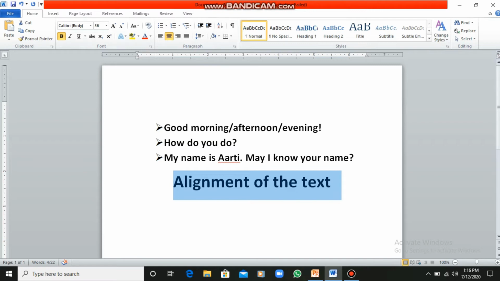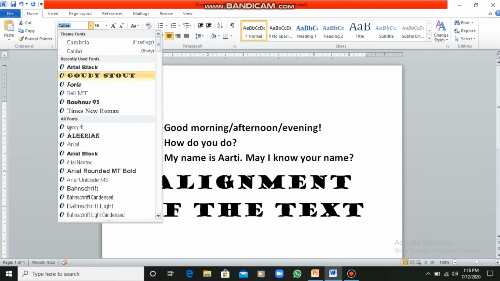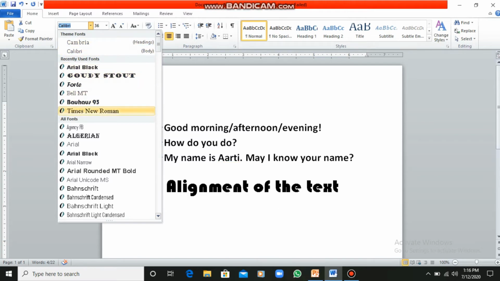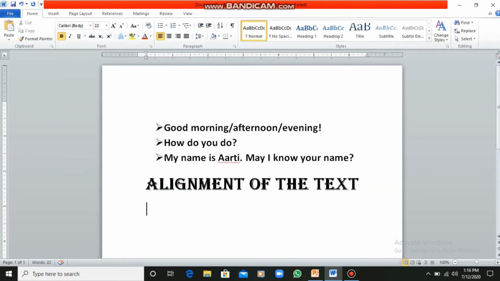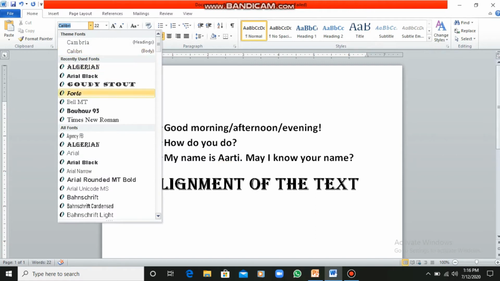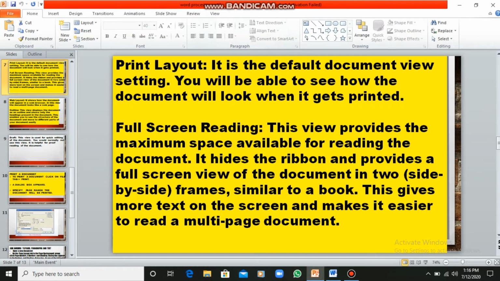Now, there are multiple features of MS Word. Now I'll tell you how you can format the font styles. These are the font styles which are available. We can choose any font style like Times New Roman, Calibri, Cambria, Algerian, Arial Black, and we can apply this font style onto our text which we have written. Just beside the font style, a font size option is also available. By selecting our text and clicking on any of the font styles, it will be applied onto our text.